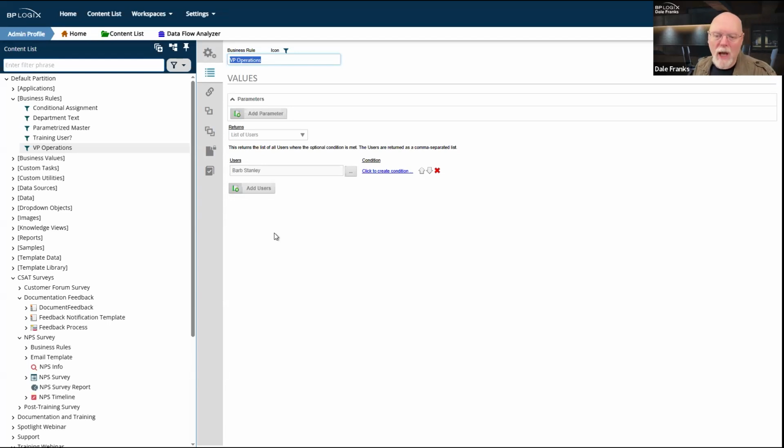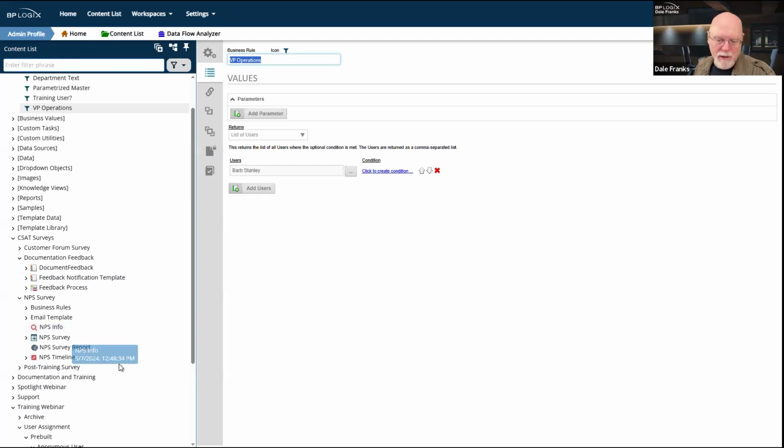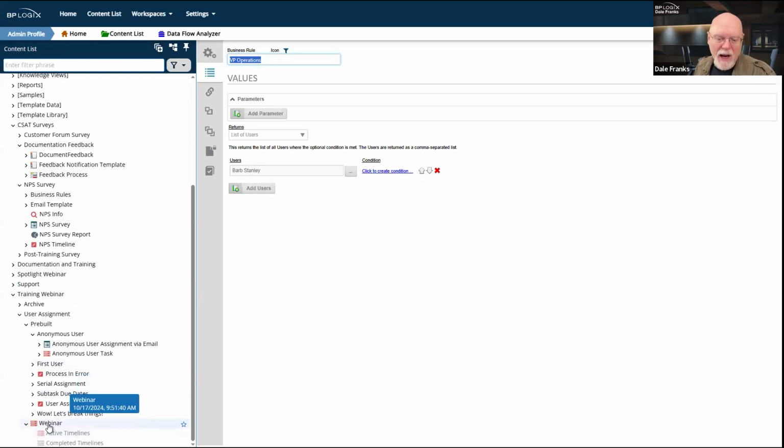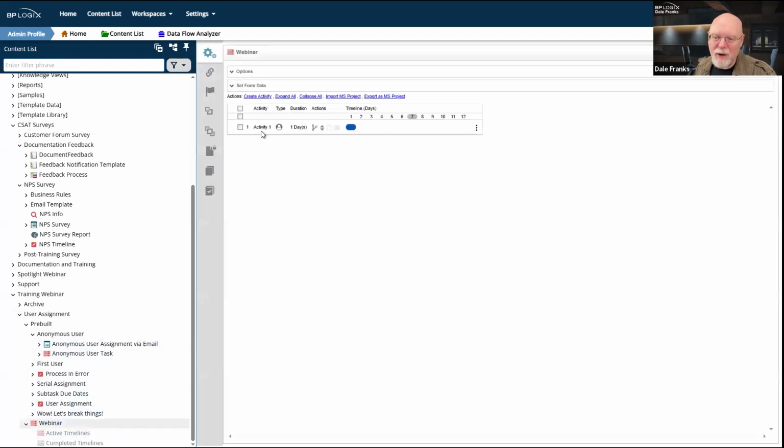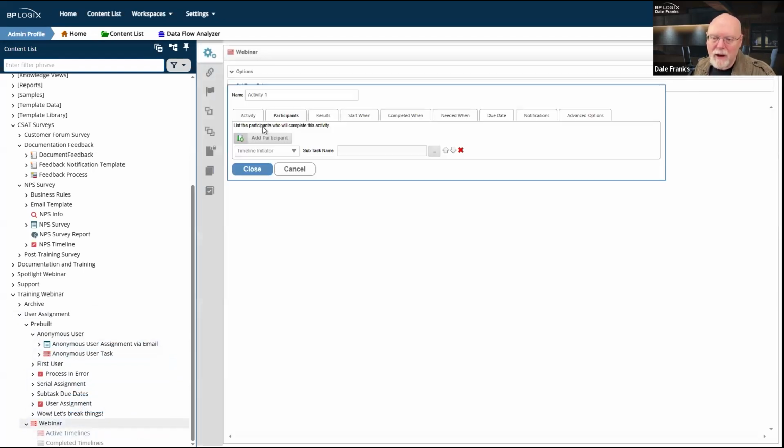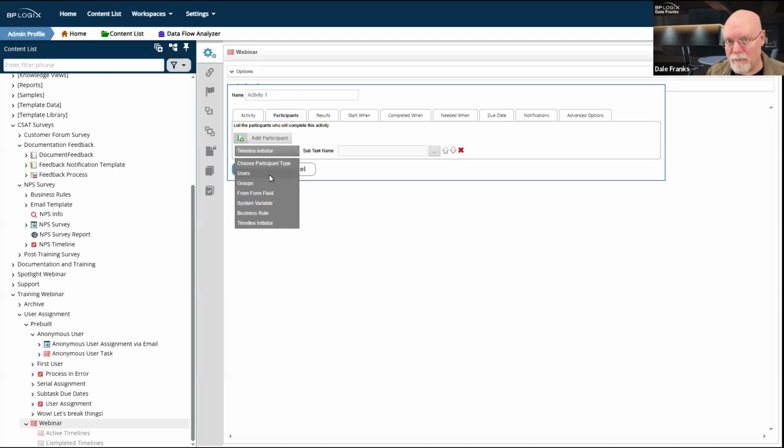But both of those options are better than assigning via user. Assigning via user should probably be your last resort in terms of task assignment. Not because there's anything wrong with it or because it doesn't work or it's improper in any way.